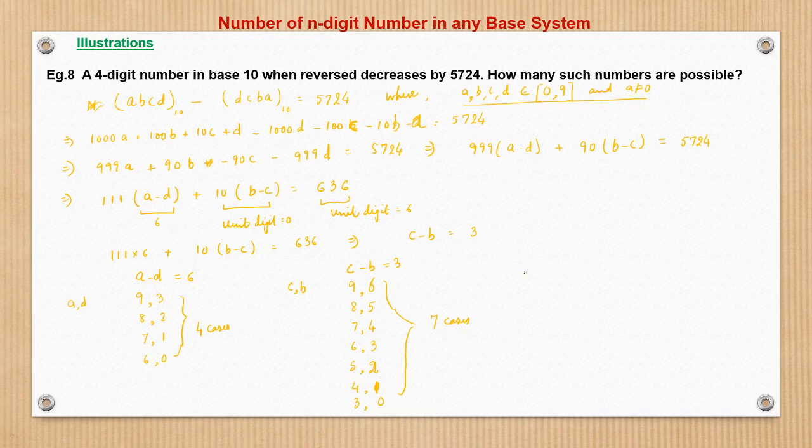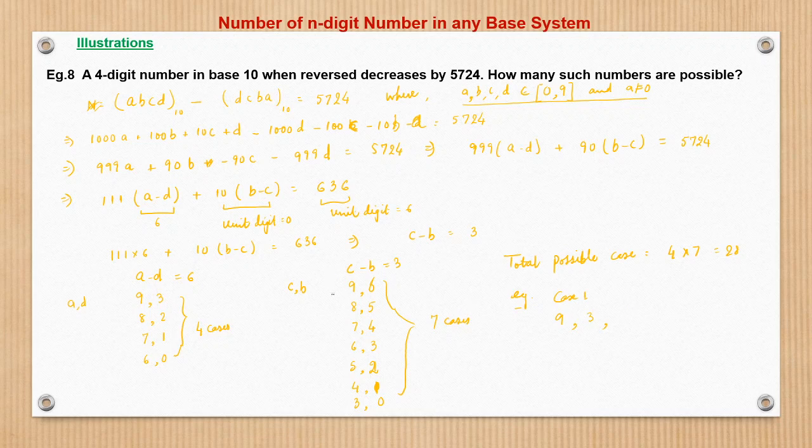So total possible cases is nothing but 4 into 7, which is 28. Wait, why are we multiplying here? Because see, for every value of A, say suppose I take one case, example case 1, if I take A is equal to 9 comma 3, and sorry, D is equal to 3, so